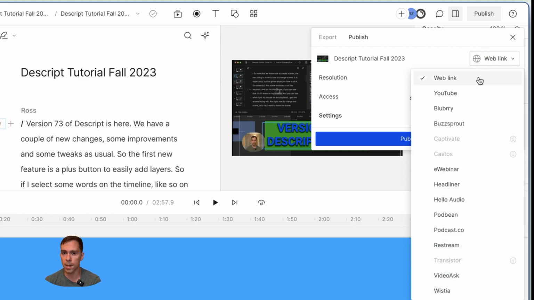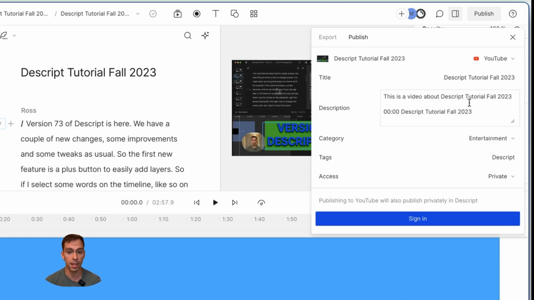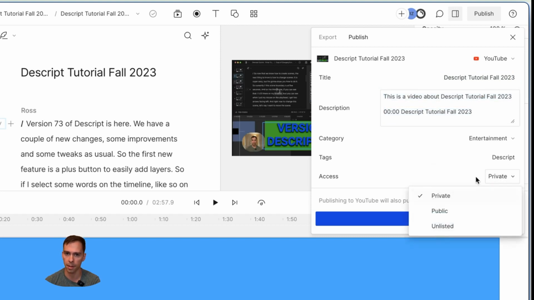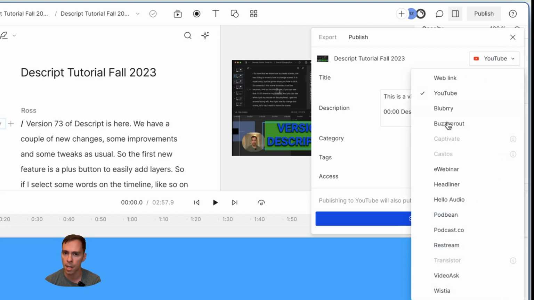But if we click this drop down, you can also publish directly to YouTube. This is a very handy feature. It allows you to bypass needing to download it to your computer and then upload it to YouTube. You can do everything straight from this software. You can set your title, your description, category, tags, whether to make it private, public, or unlisted. Super handy feature. You can publish directly to a bunch of different podcast supporters, Blueberry, Buzzsprout, eWebinar, Headliner, and so